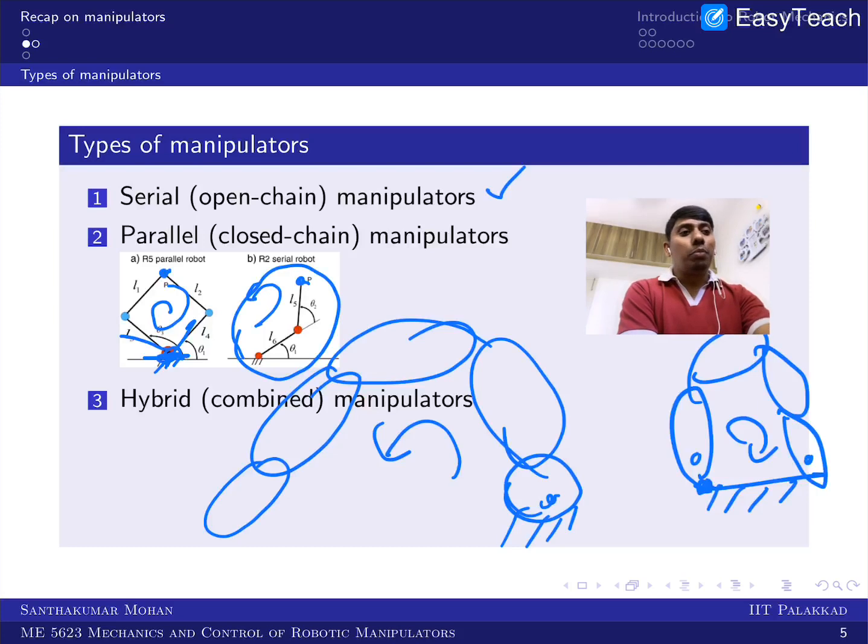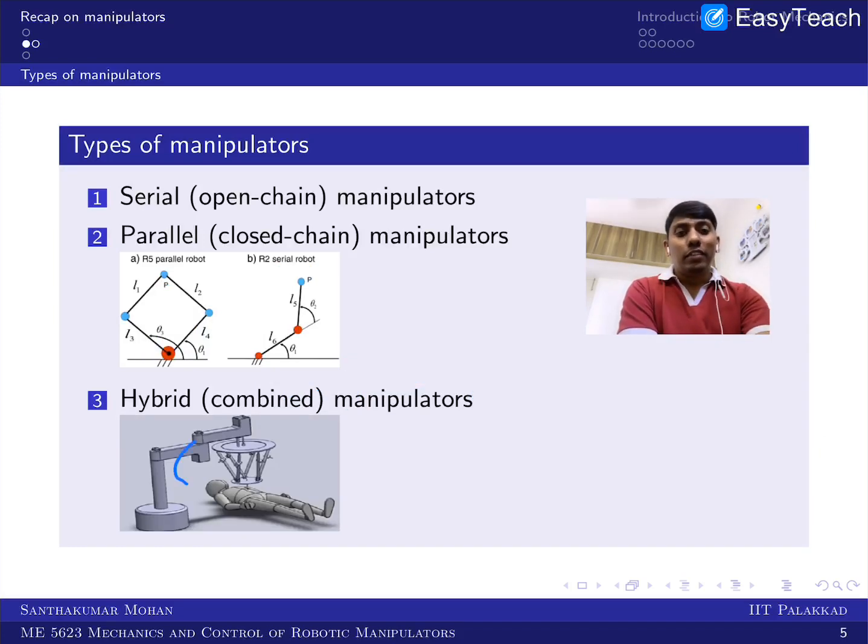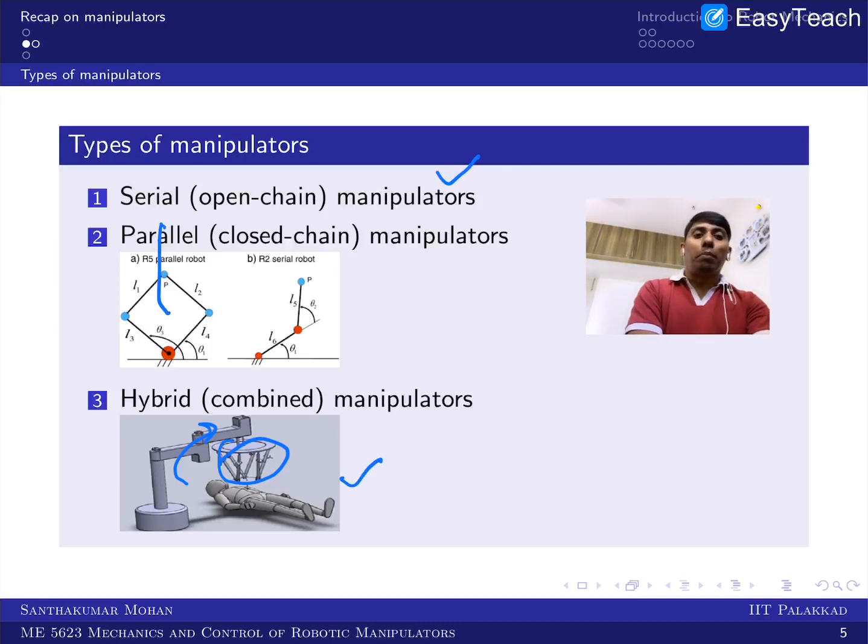In some cases we even have a hybrid manipulator. For example, this is a serial chain and you can see a parallel chain is combined. These all are upcoming and can be used further. That's why we start by addressing what is serial, and when you cut the parallel one you can address it in terms of two serial manipulators. This is why we are focusing more on the serial manipulator, in the sense the open chain manipulator. The parallel chain manipulator is a separate study, so we will see probably an introduction in the later part, but right now we are focusing on the serial or open chain manipulator.